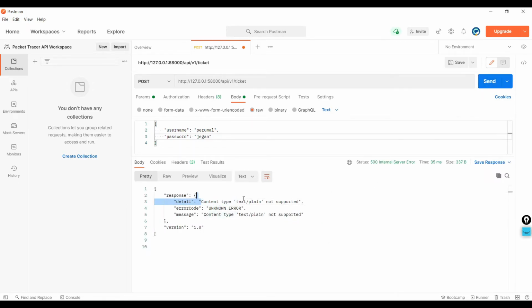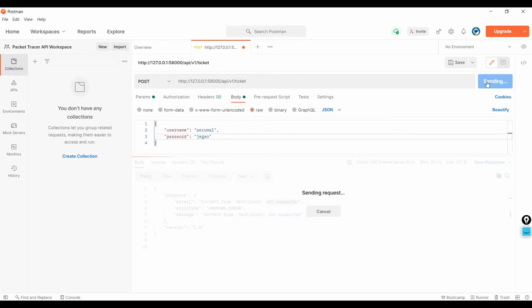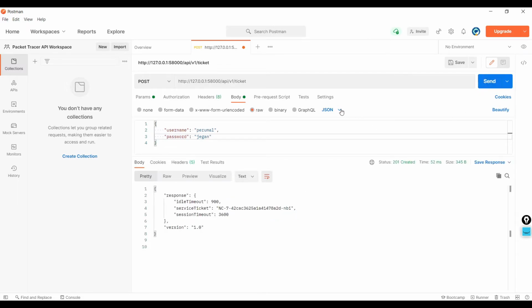The content type text plain not supported. Here the output format I chose as a text format. I need to choose JSON. I chose JSON and I resent the request. Now I got the key value. I'm going to use this token value to query the further